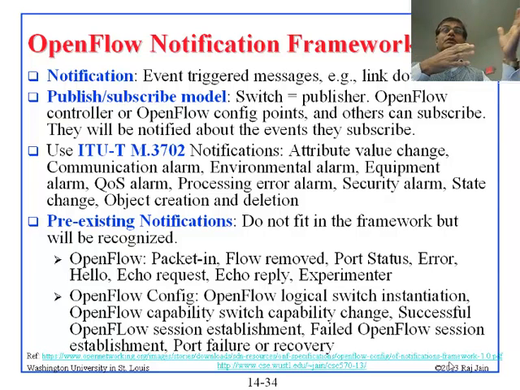So if some controller tries to subscribe to something they're not authorized for, they will be refused. Anyway, there is a set of subscribers and a set of publishers. So you say, well, I need to be notified if there is a temperature alarm or a buffer overflow on port 3, things like that. So you just have a set of subscriptions, and whenever that happens, all the subscribers will be notified.